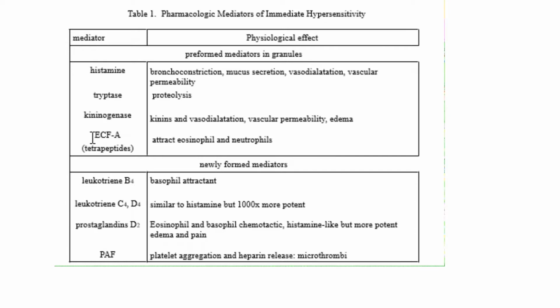The reaction is amplified by the platelet activation factors that cause platelet aggregation and the release of histamine, heparin, and other vasoactive amines, eosinophil chemotactic factor of anaphylaxis, and neutrophil chemotactic factor that attract eosinophils and neutrophils,